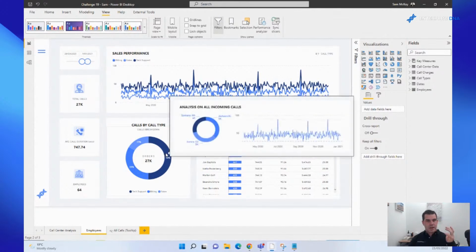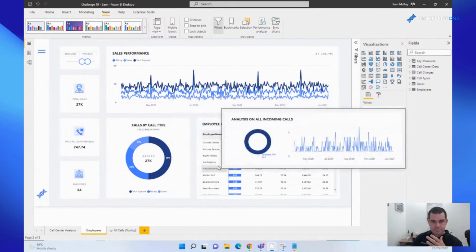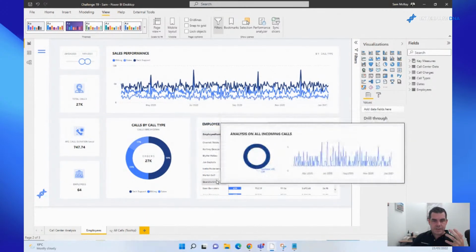What I did was I wanted to be able to dive into specific elements of this visualization. I could have placed these additional insights in this report page, but it could have looked too cluttered. I could have had too many pages. So instead of having them on page, I'm just showing them as a tooltip. Okay, same here. I wanted to be able to dive into this one here, so I created an additional tooltip.